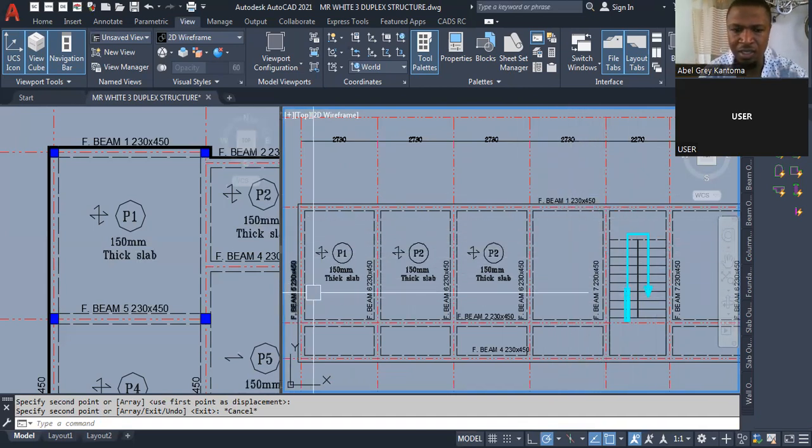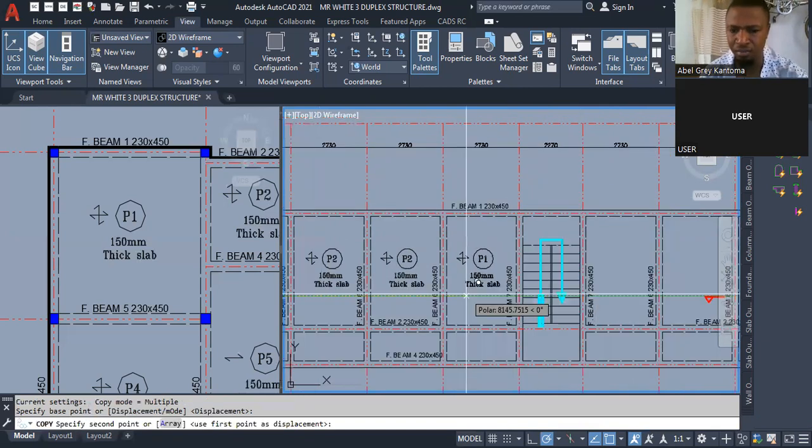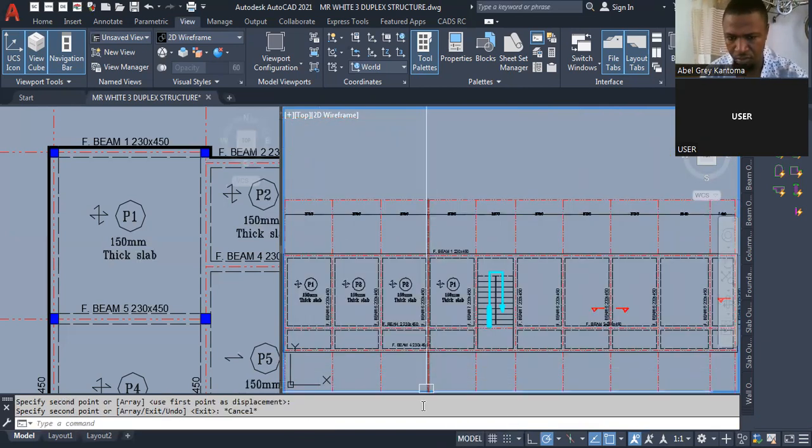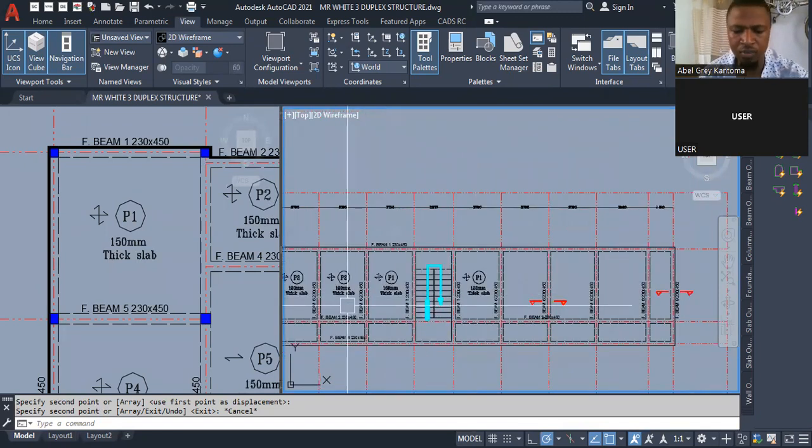So we can make this also panel 1. That is, this panel and this panel are actually the same. Okay, so here we are going to be having these to be panel 1 as well, while these are going to be panel 2,